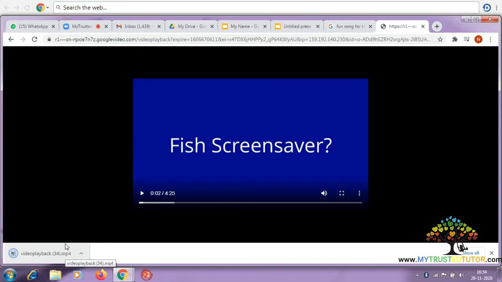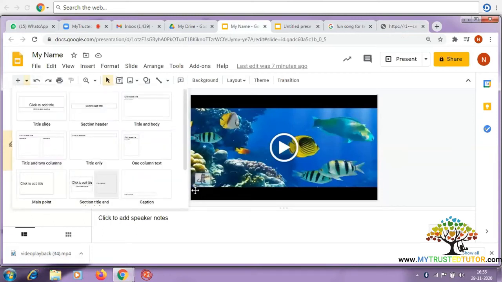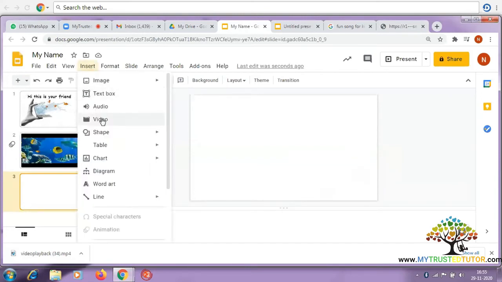Yeah, it's downloaded. So I go back to my slide. I go to my project. I take a new slide. And then over here you get the option as insert. You click on insert, click on,